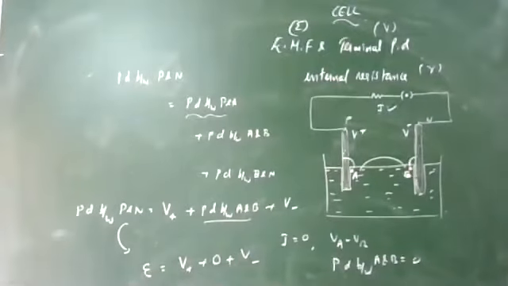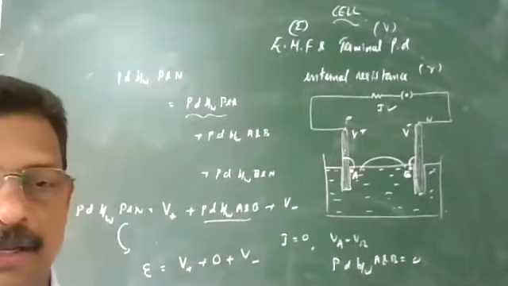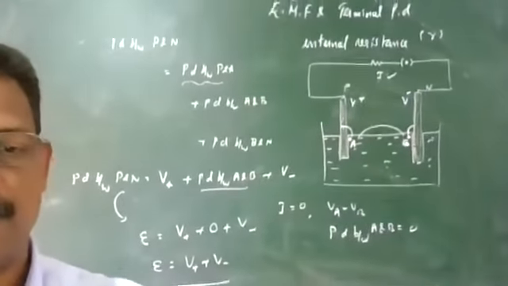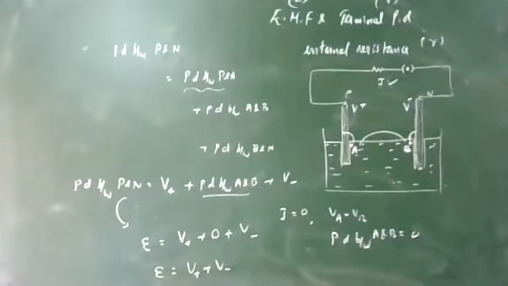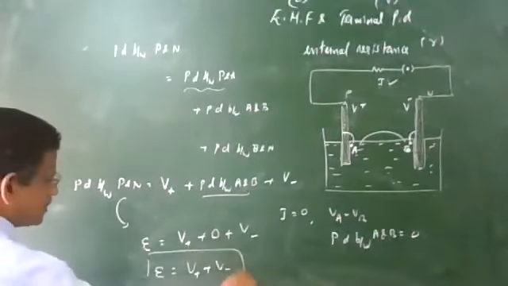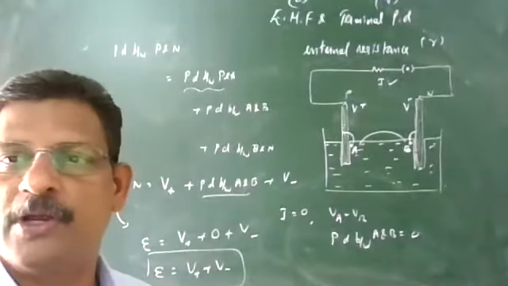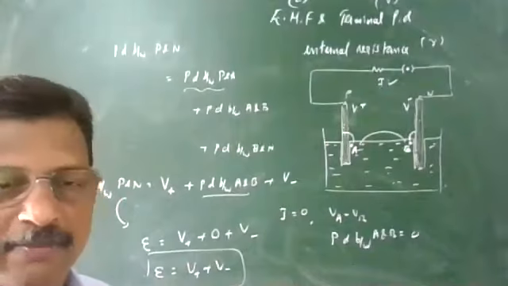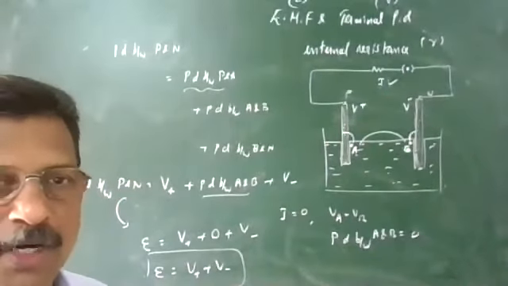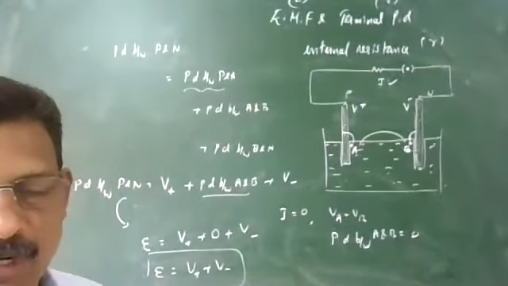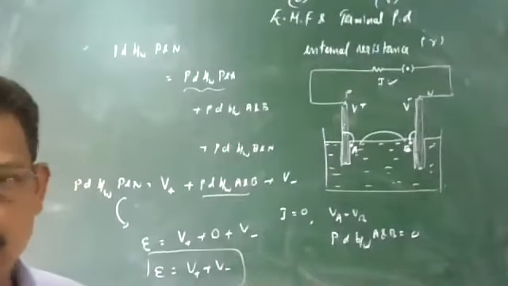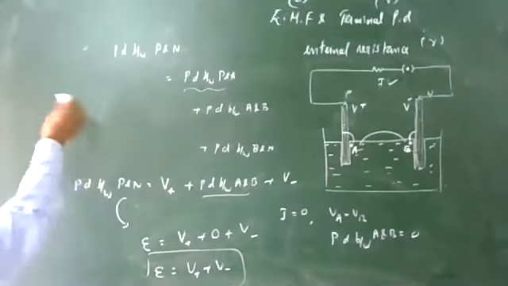So EMF is equal to V plus, that is the potential difference of the positive electrode with respect to the point A very close to it, and V minus. This is the EMF. And we have different types of cells. For a Leclanche cell, which we are using in the lab, it is equal to 1.45 volt. Daniell cell, 1.1 volt. Dry cell, 1.5 volt. So for some of the cells, let's see the videos.